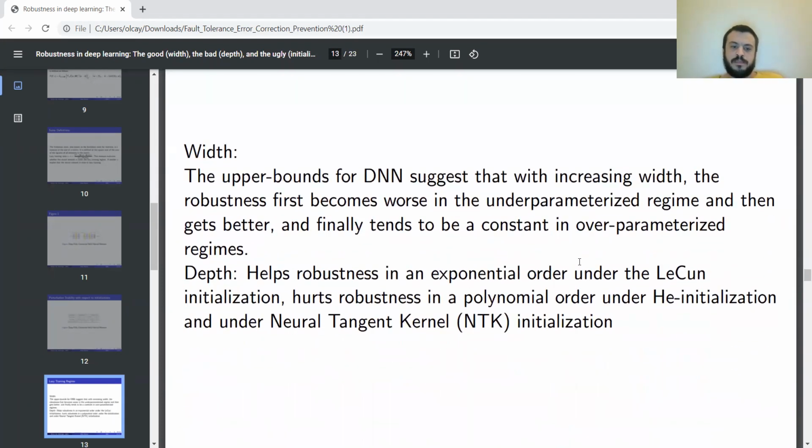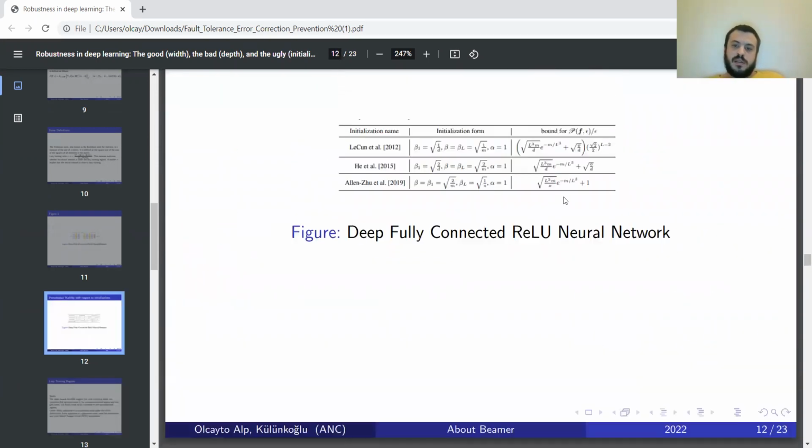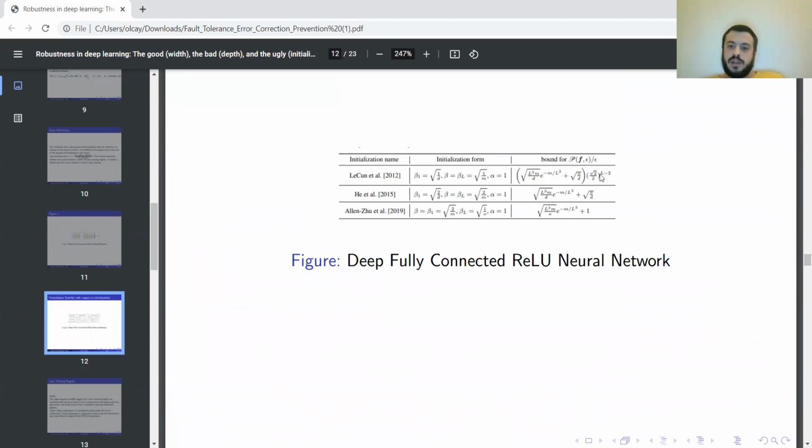But for depth, it is more complicated. Under LeCun initialization, we see that as the number of layers increases, it helps robustness, and the perturbation stability stays low. But for the other initializations,